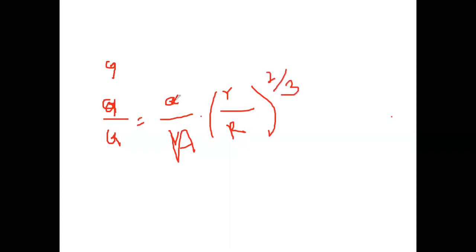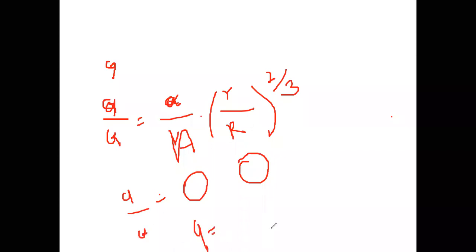Then small q, small a upon capital A. Capital A and small a we have already calculated earlier. That value you can take as it is, the value of r upon R you can take as it is, raised to 2 by 3, and then the small q upon capital Q value, and from that you can calculate small q. Okay, Snehal has calculated the value of capital Q as 1.2456 and the small q value is 0.6717. Others can check the answer.